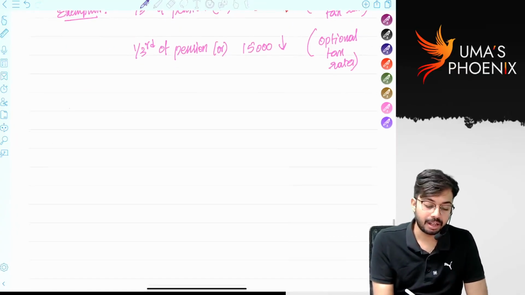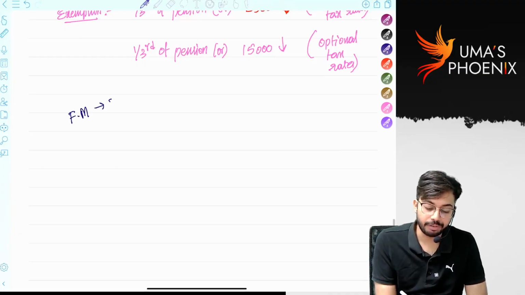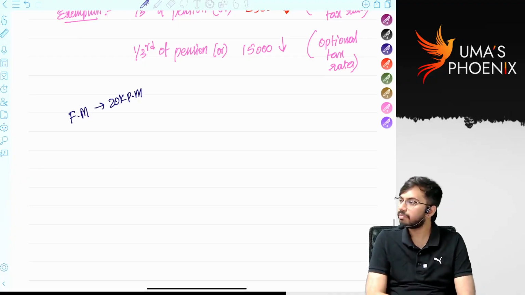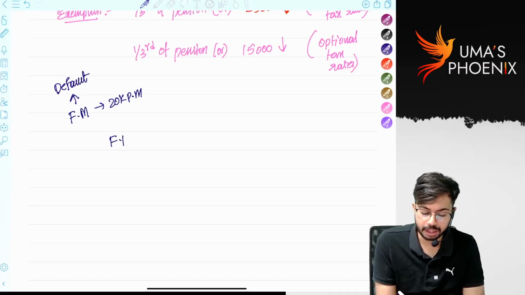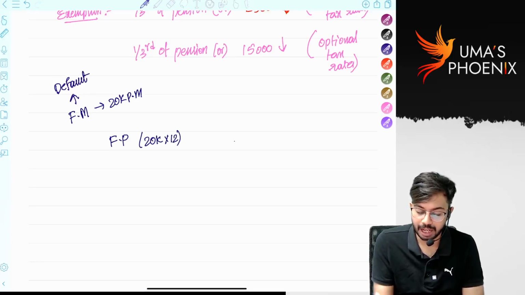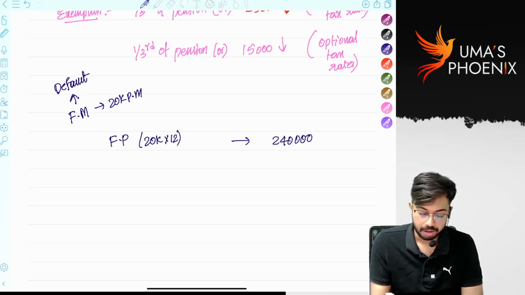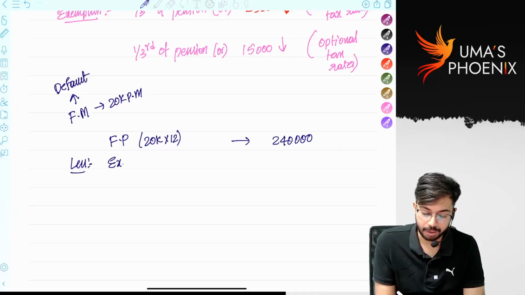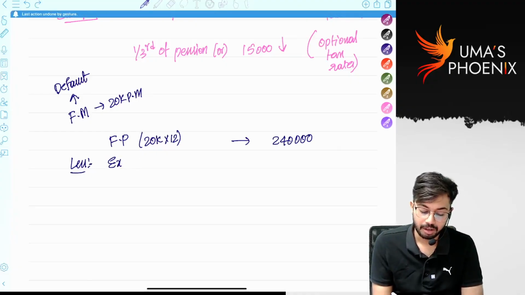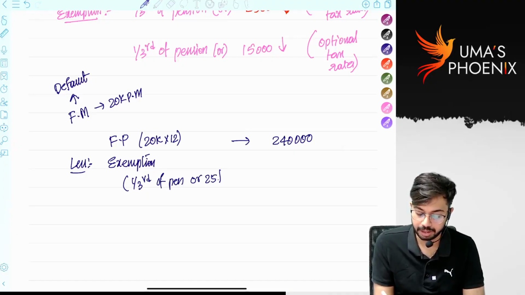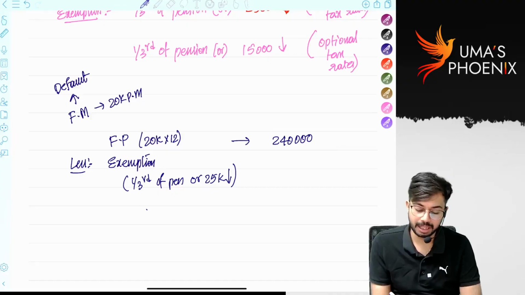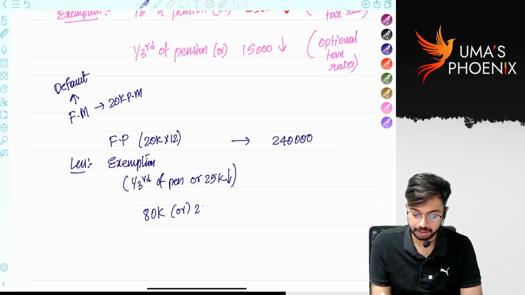For example, a family member is receiving pension of 20,000 per month. Let's suppose they are paying taxes under default tax rates. How much is family pension? 20,000 into 12, it will be 2,40,000, correct? From 2,40,000, exemption is allowed. How much exemption is allowed? 1/3 of pension or 25,000, whichever is lower, correct? 1/3 of pension means 80,000, right? Or 25,000, whichever is lower means